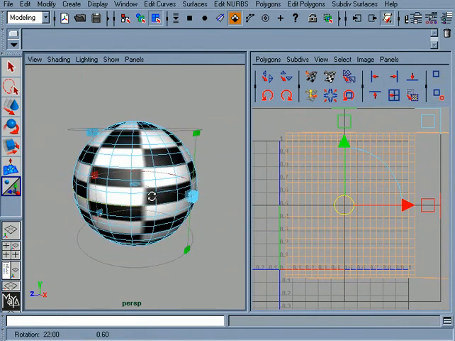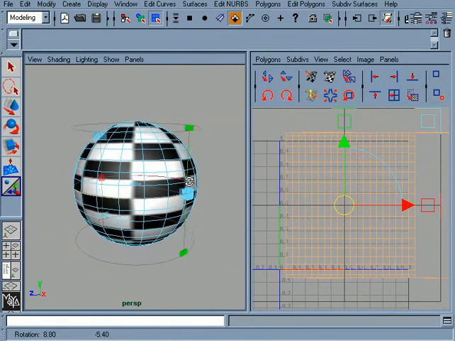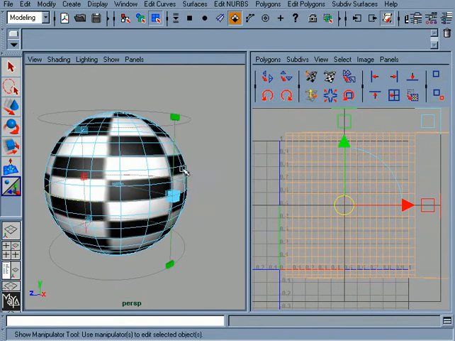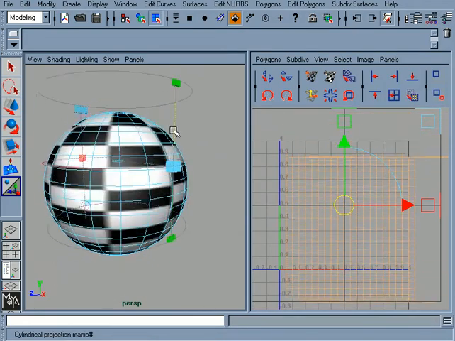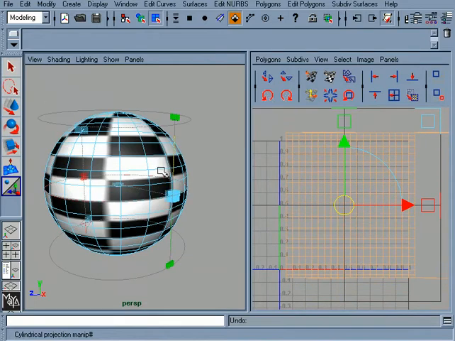Okay. In addition to that, you can also move this manipulator up or down. If you look very closely, you can see there's a little green line right underneath these green boxes. If you follow that down, there's a little green line that you can grab, and pick that up and move your manipulator. Okay, if